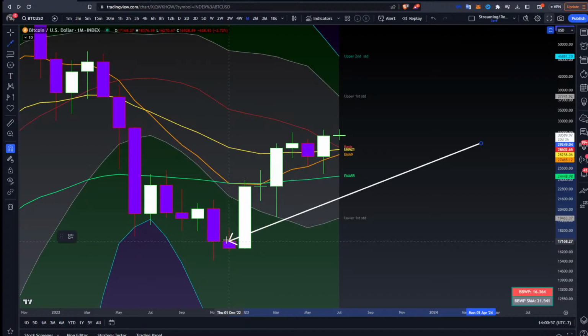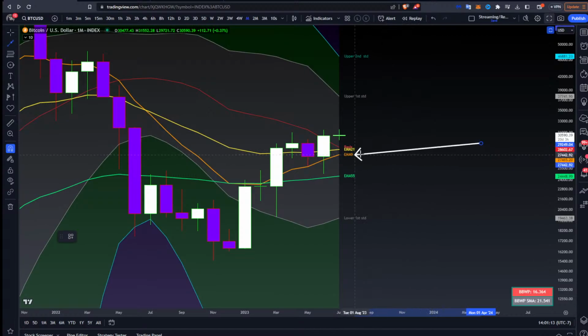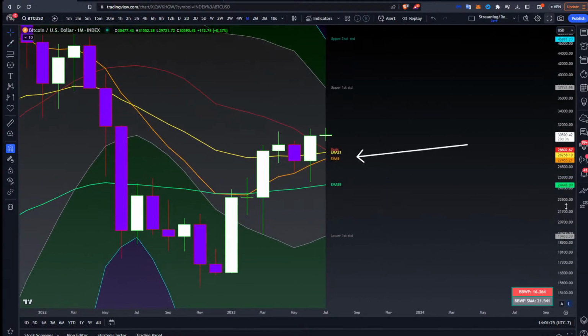And of course, when testing it, that opens up the possibility that it could violate that low and make a lower low. That's not the first thing I'm looking for, especially being above the basis, above the 21, but we are still awaiting a 9/21 cross here. So, Bitcoin likes to backtest that 9. Of course, it is the fastest moving average that I'm using. And in this case,